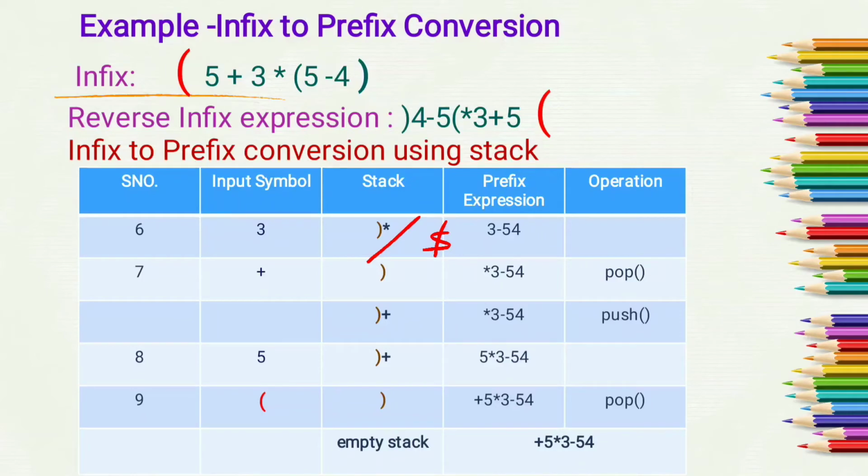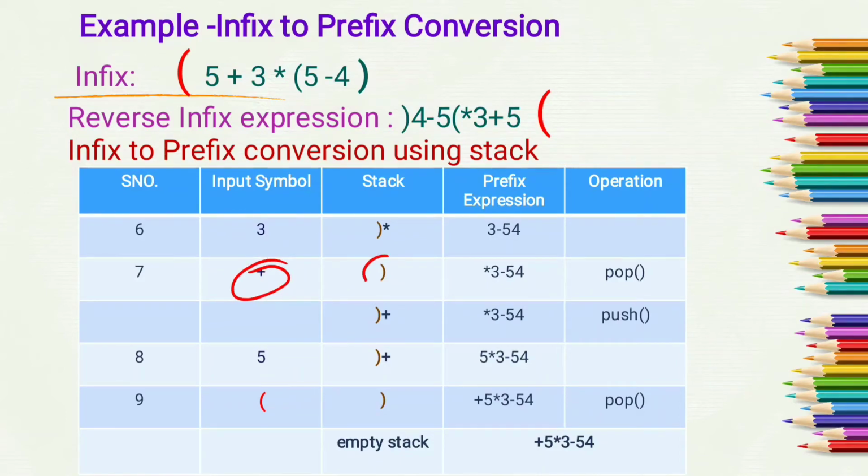Suppose in a stack we have closing bracket, multiplication, then division, then dollar, and a plus operator is encountered. As dollar has higher precedence than plus, we pop dollar from the stack. Then we compare plus and division. As division has higher precedence, we pop this division from the stack and add it into the prefix expression. Also multiplication has higher precedence than plus, so we also pop this operator from the stack and add it into the prefix expression. When the top operator of the stack has equal or lesser precedence compared to the input symbol, we can only insert the input symbol into the stack.